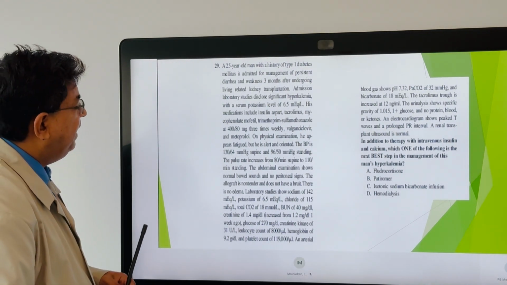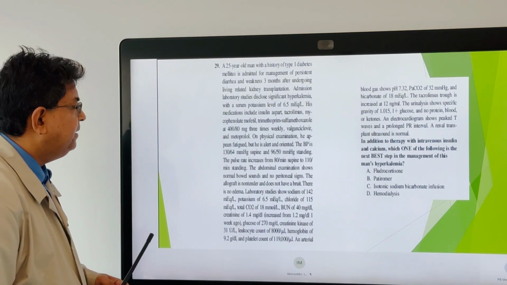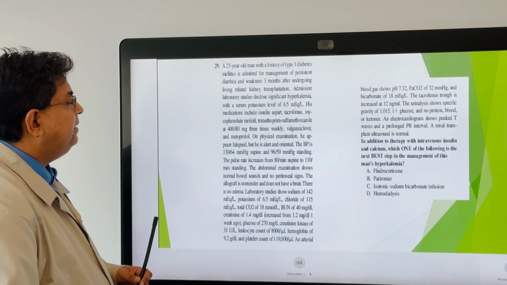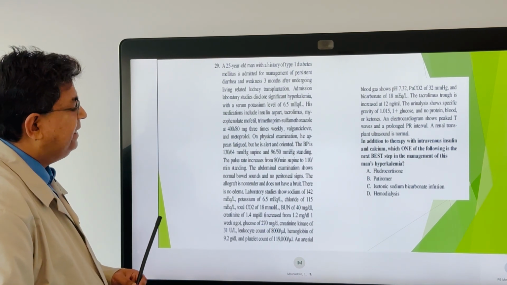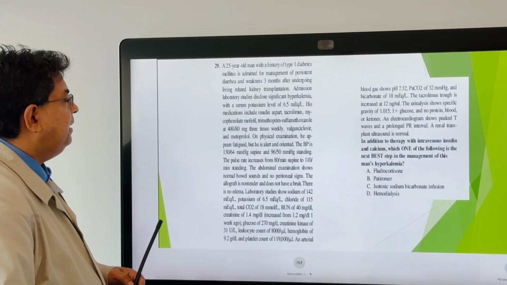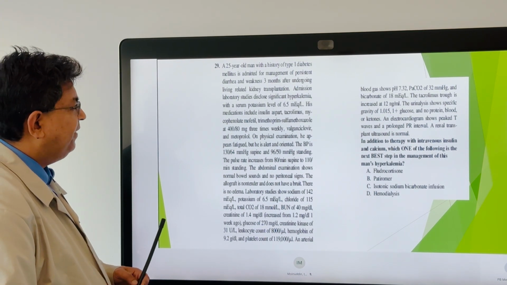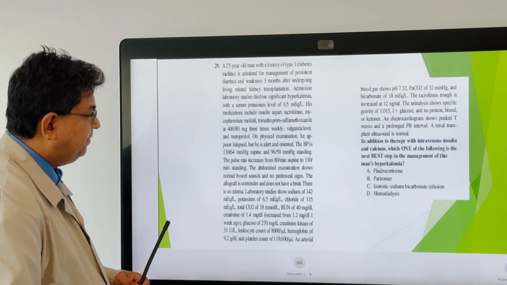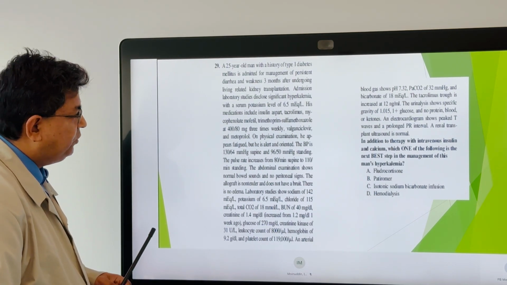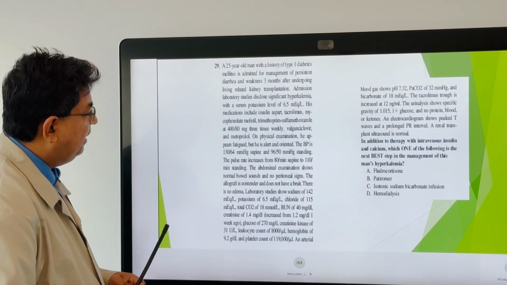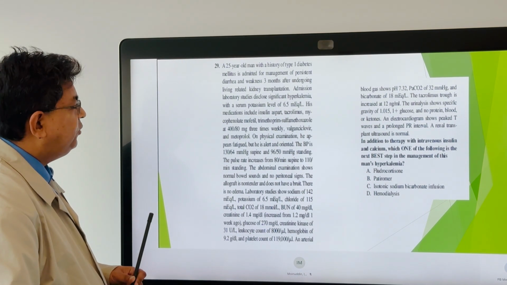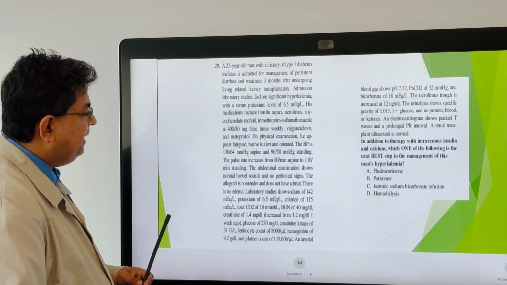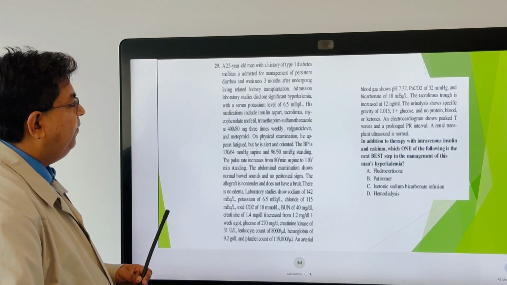A 25-year-old man with a history of type 1 diabetes mellitus is admitted for management of persistent diarrhea and weakness 3 months after undergoing living-related kidney transplantation. Admission laboratory studies disclosed significant hyperkalemia with a serum potassium level of 6.5. His medications include insulin aspart, tacrolimus, mycophenolate mofetil, trimethoprim-sulfamethoxazole 400 over 80 milligrams 3 times weekly, valganciclovir, acyclovir,